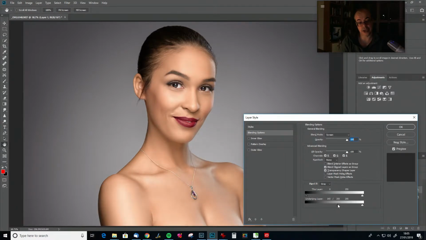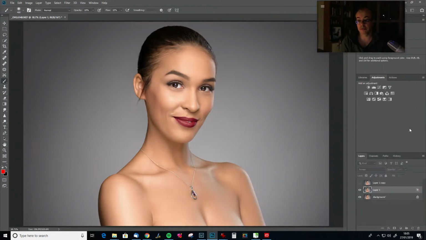It's also affecting the background a little bit, but actually I don't mind that particularly. Again, that looks pretty cool, but we don't want all of it. Again, the opacity slider is your friend. Okay, you can see that kind of sheen has appeared now,